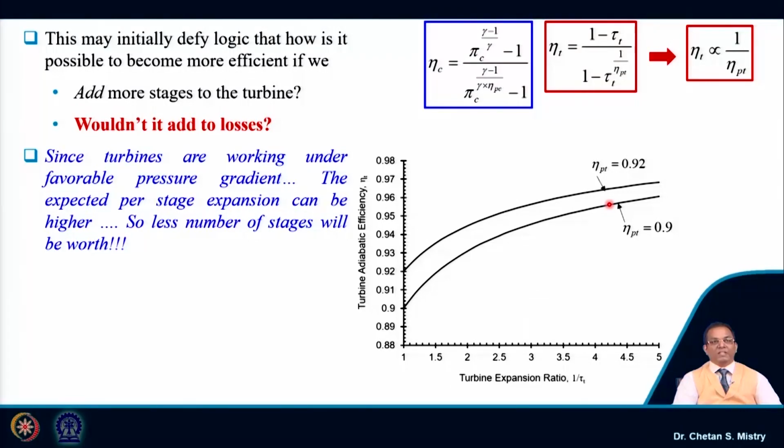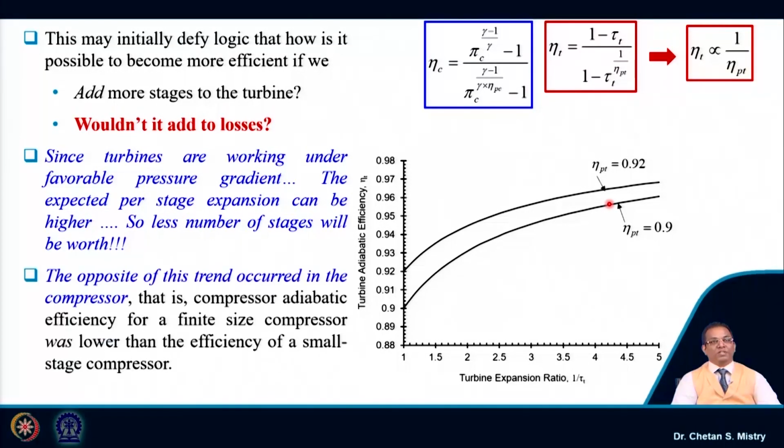Favorable pressure gradient in the sense my entry pressure is higher, my exit pressure is lower. In that condition, the chances for my flow to get separated will be less, and that is the reason why I can take per stage expansion to be higher, and that is what will lead to reducing the number of stages. So, opposite to what we have discussed,